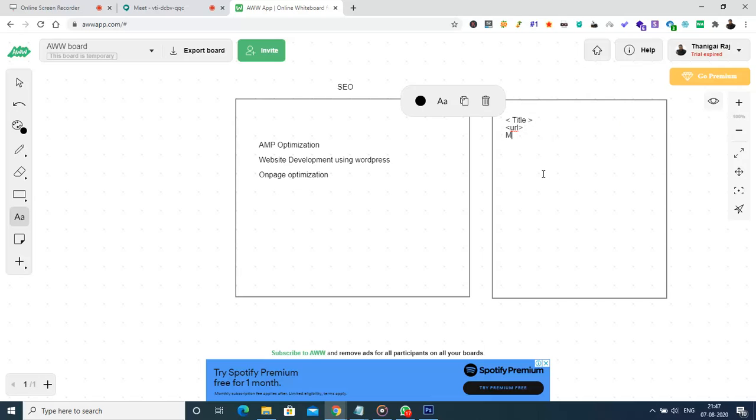Third important thing is meta description. Okay. So the meta description is a tag which is available in the header section of the file.